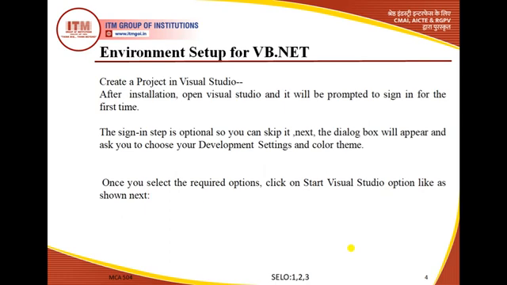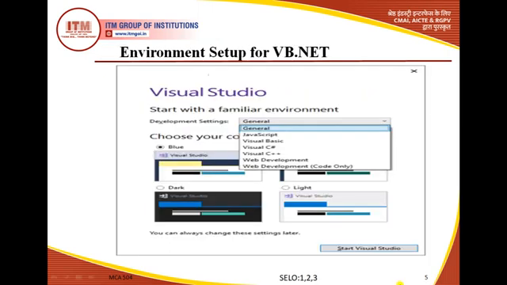Whether we sign in or skip it, a dialog box will appear asking for the development settings and color themes, etc. Once we select the required options, we click the Start Visual Studio button, and we enter the Visual Studio environment.